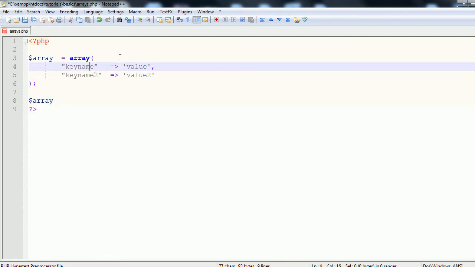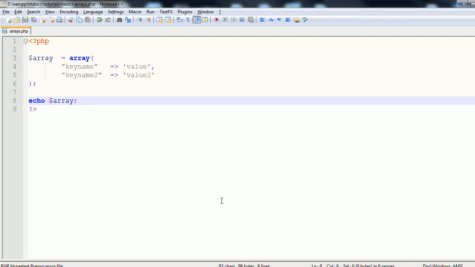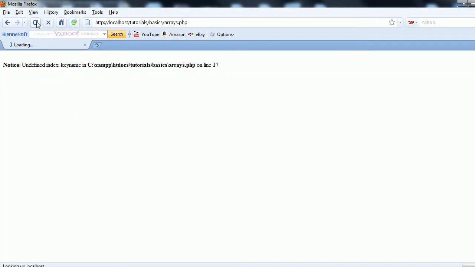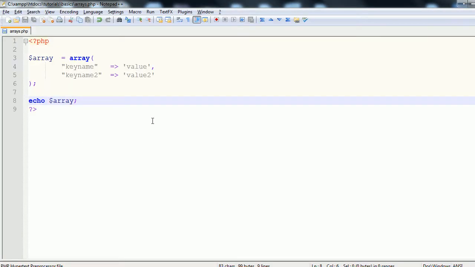And so let's say we wanted to output this array that we have defined. It's our nice little beautiful array. So you'd go to echo it. However, this will not work. Ignore that error for a sec, as it just outputs array. This is because you can't just echo the entire array. You can echo an individual array key. So if I were to fill in the key name as key name,